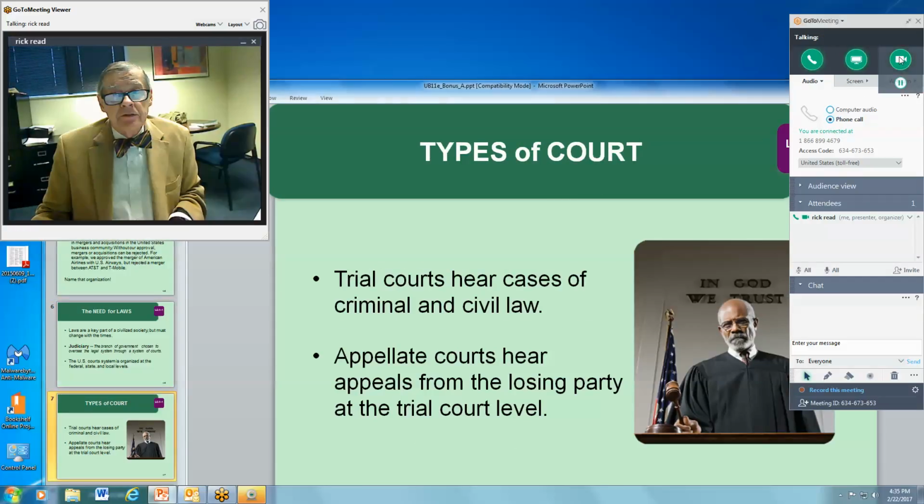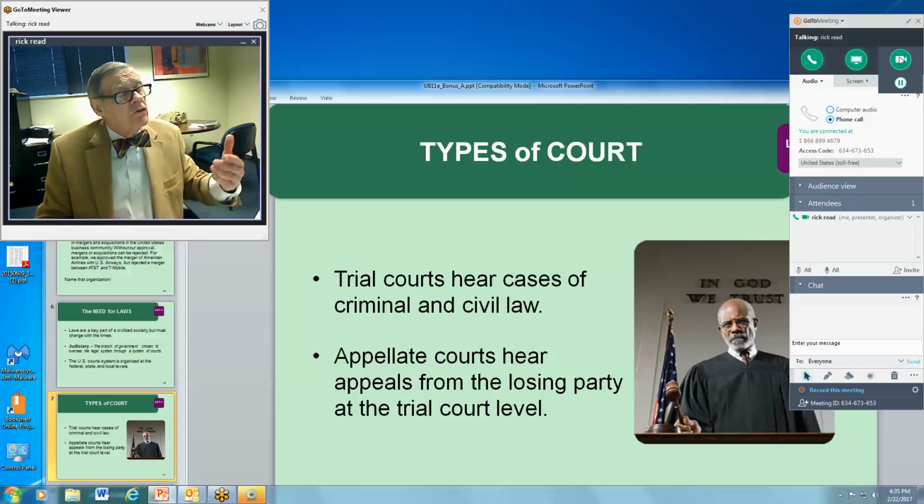We have different types of courts. We have criminal courts and we have civil courts. Criminal courts here are things in which somebody has committed a crime, or what is normally known in legal areas as a tort, that is a harm against somebody else. Civil law is a little bit different. Here we have things like divorces and things of that nature.